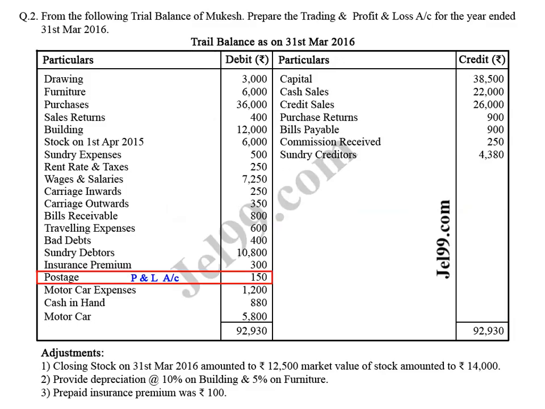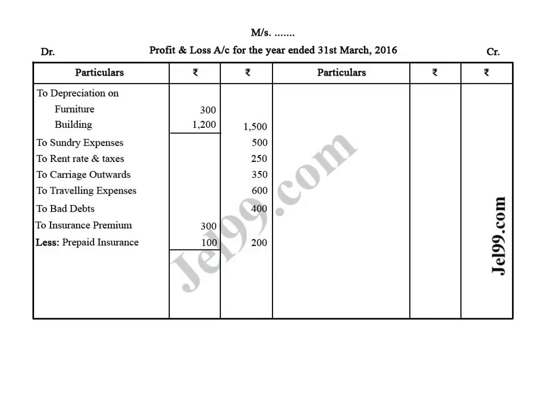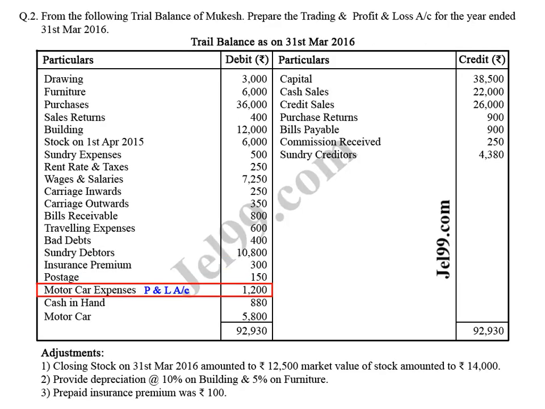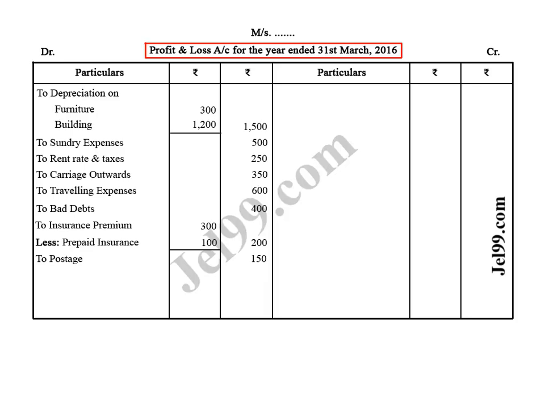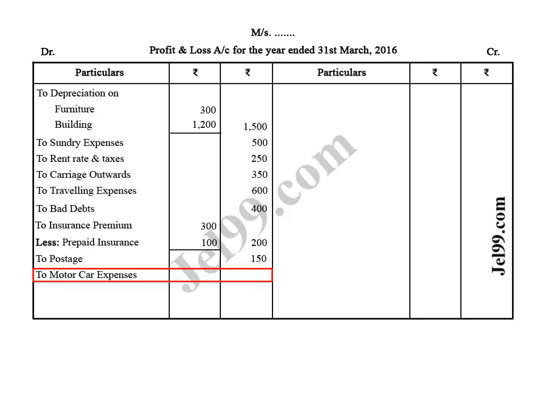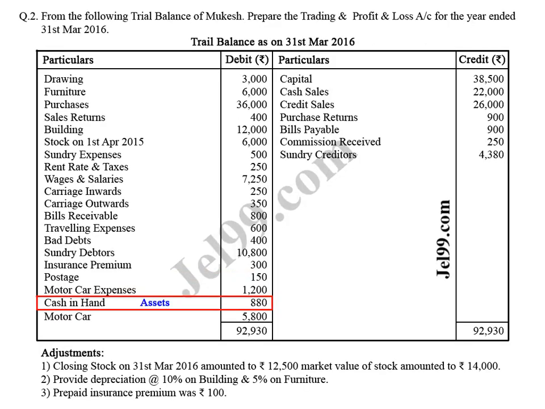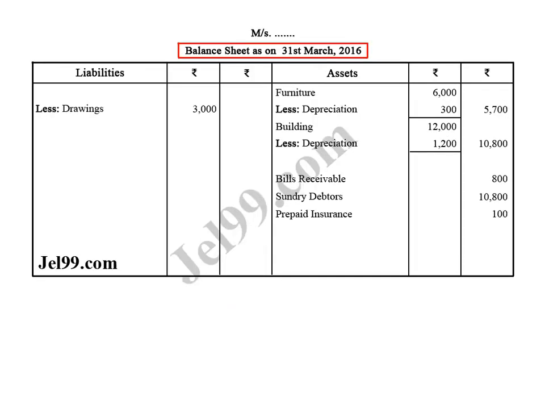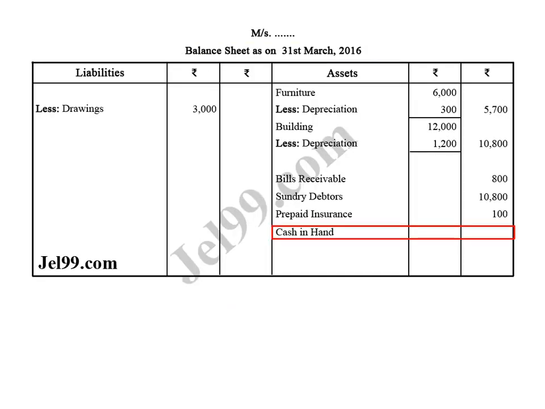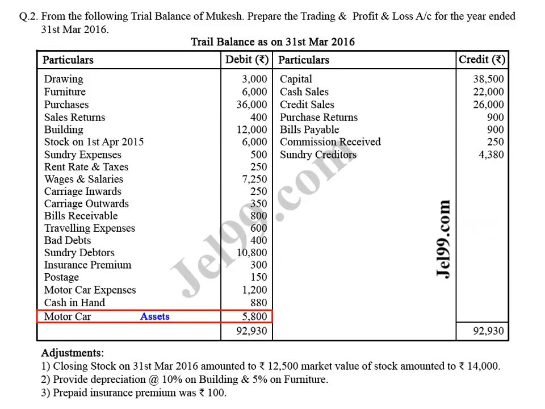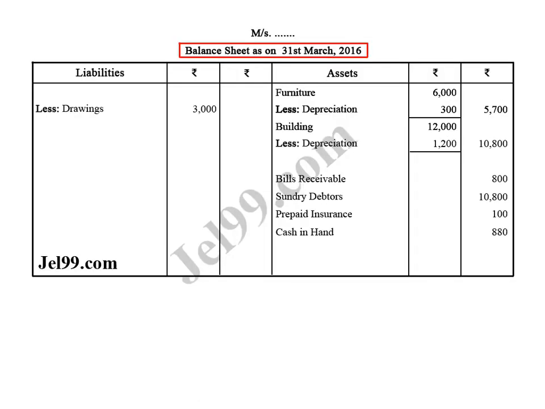year. Postage of rupees 150, this is shown in profit and loss account, debit side, to postage of rupees 150, then motor car expenses of rupees 1,200, this is shown in profit and loss account, debit side, to motor car expenses of rupees 1,200, then cash in hand of rupees 880, this is shown in balance sheet, assets side, cash in hand of rupees 880, then motor car of rupees 5,800, this is shown in balance sheet, assets side, motor car of rupees 5,800, then capital of rupees